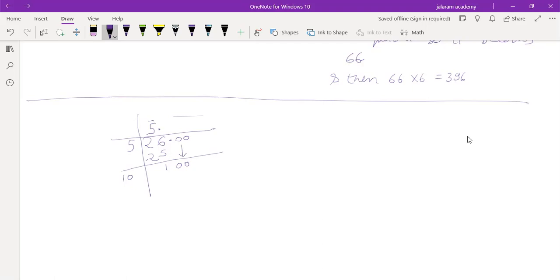Now again it's a problem. Even if we increase 1, 1 ones are 101, which is greater than 100. So what should we do? We will increase a pair of 0 more. First a 0 after the decimal in the quotient and a pair of 0s. So it becomes 10,000, and the 0 is increased in this also. Is that clear to you? Yes, sir. Next, 100 9s are 900.